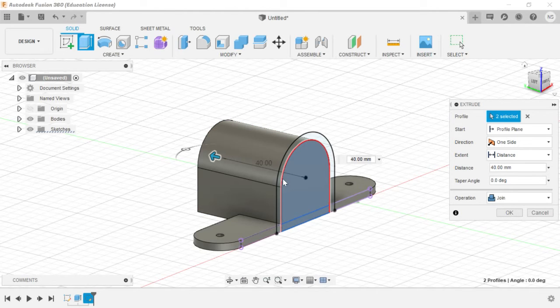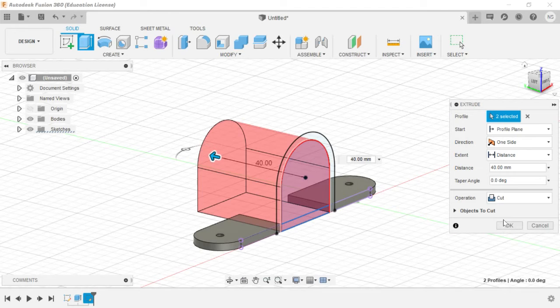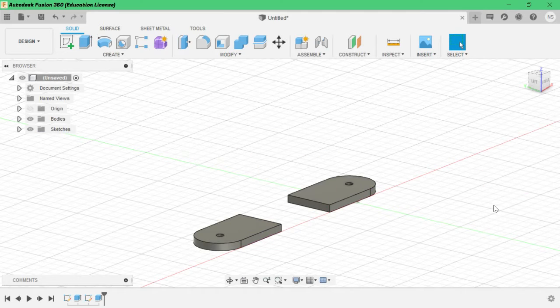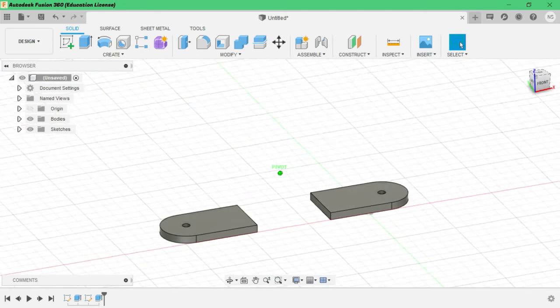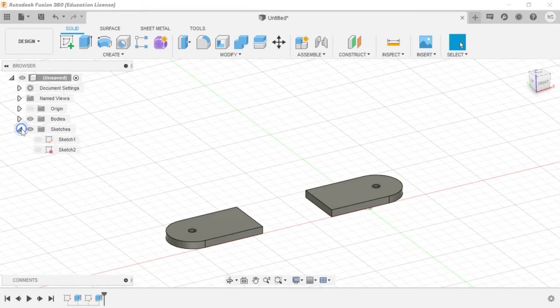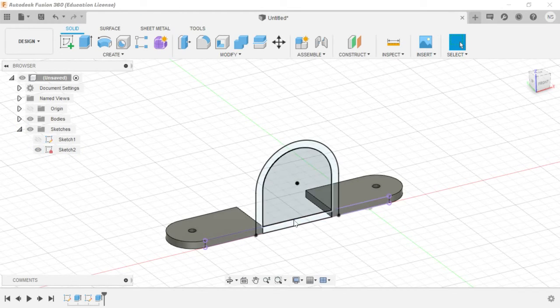Join means it will join this area to this area. We have to cut, because the pipe has to be inside this clip. So we cut and then click OK. After clicking OK, the sketch will disappear. Don't worry, go to sketch and then click the appear option.